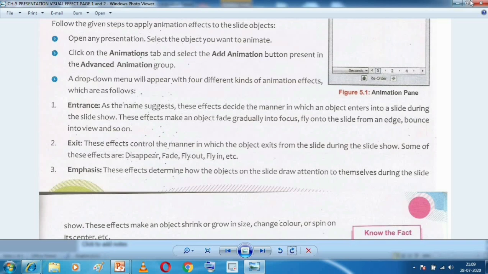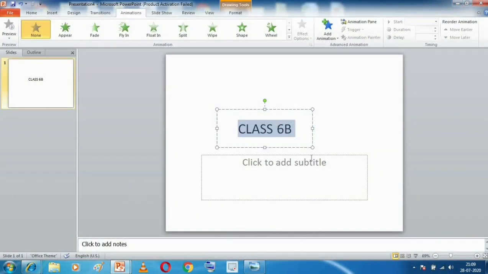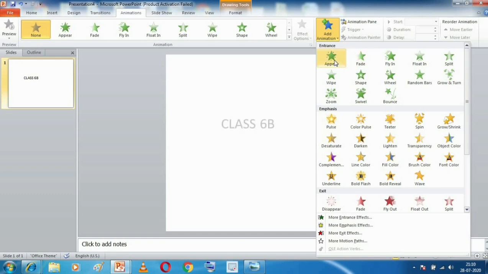So whichever animation effect we choose from this entrance, see, there are many: appear, fade, fly in, float in, split, wipe, shape, wheel, random bars, grow and turn, zoom, swivel and bounce.